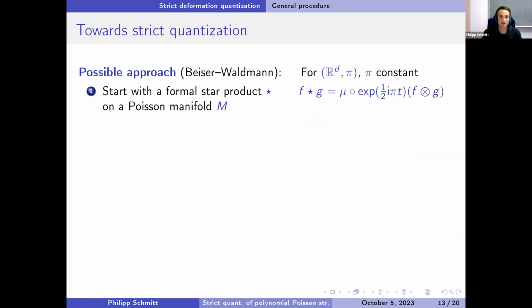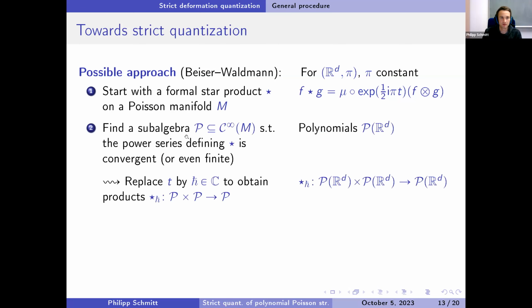Okay, so here is our general idea. This is an approach that was invented by Svea Beiser and Stefan Waldmann. We start with a formal star product on a Poisson manifold M. For example, take the usual Weyl product on Rd. And then we try to find some subalgebra where the power series defining our product are, in the best case, finite, or in a not as nice case, at least convergent in some nice sense, which here would be